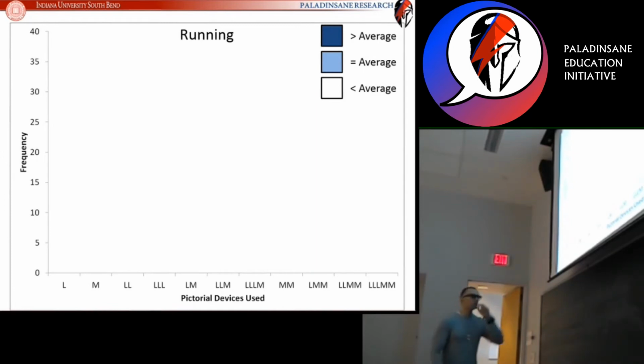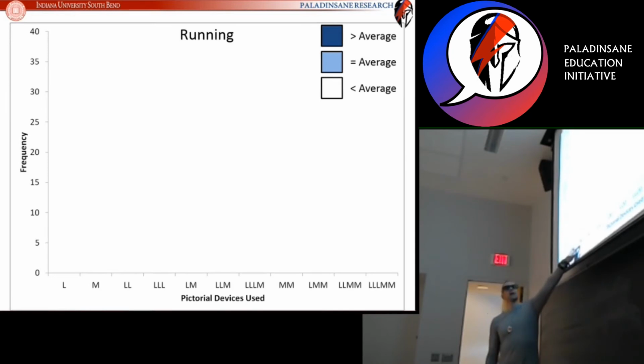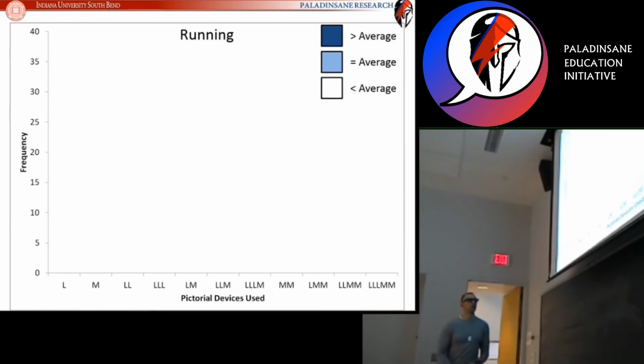So the first thing to take a look at, I'll put up some data right now. All right, there you go. The first thing to notice is that they never used literal and metaphorical devices alone. So no artist ever just showed a picture with 1 literal device. No artist ever just used 1 metaphorical device. And that's a great indication that they just don't carry enough information. No device on its own has enough information to make a good, high quality picture that depicts running.